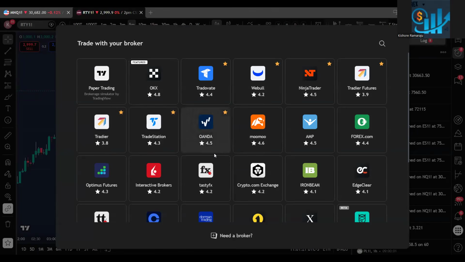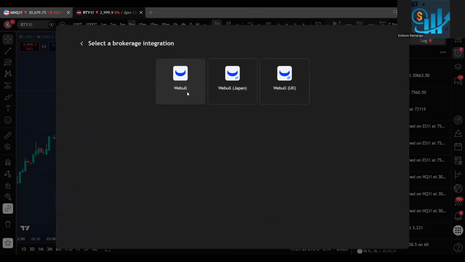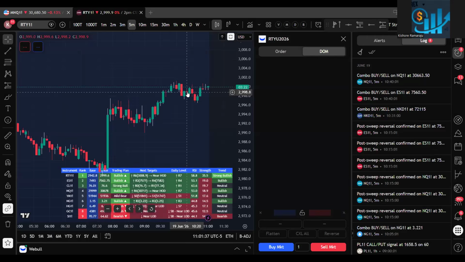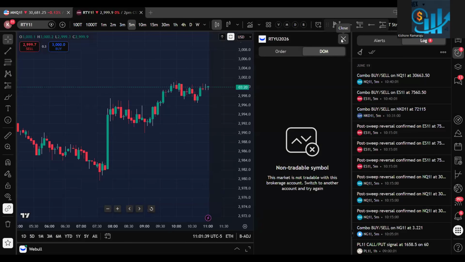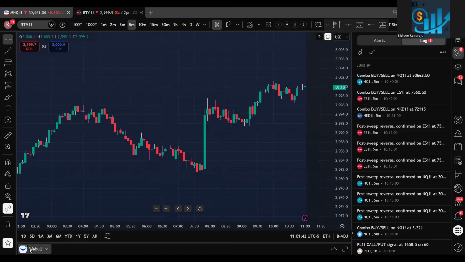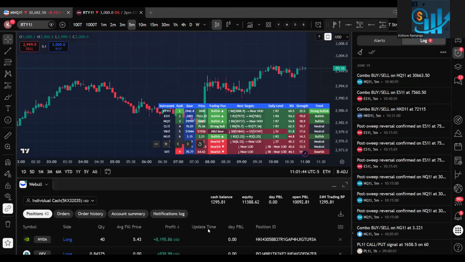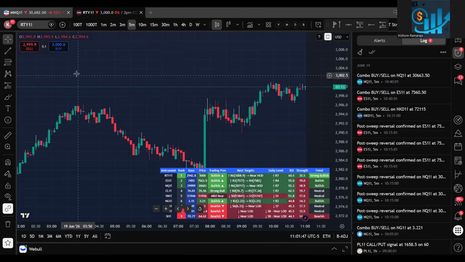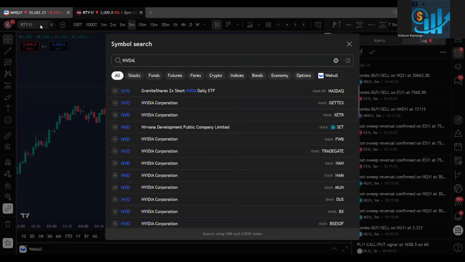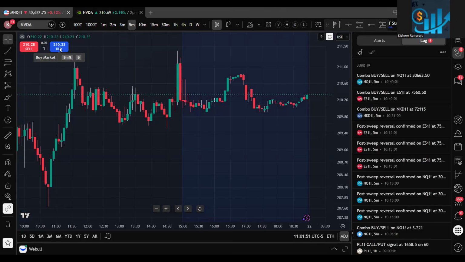So you don't have Robinhood or Charles Schwab or Thinkorswim here. But if you have an account in TradeStation, Webull, or Ninja Trader, then you can directly connect your account. For example, you just go there, provide your credentials, and then you can see all your trades here. If I want to buy some stock, I can just go here and click on the buy sell signals like that.